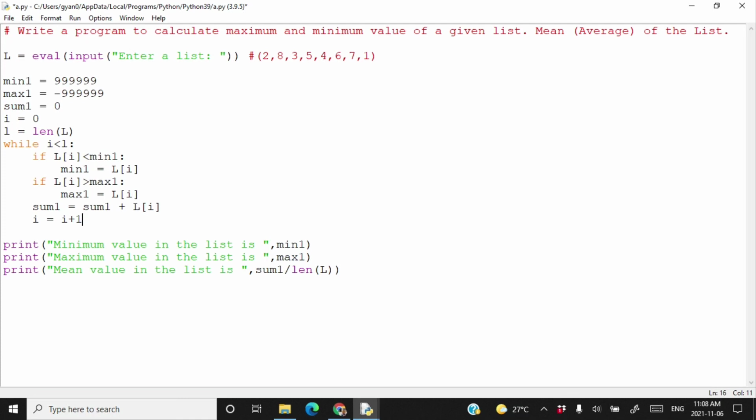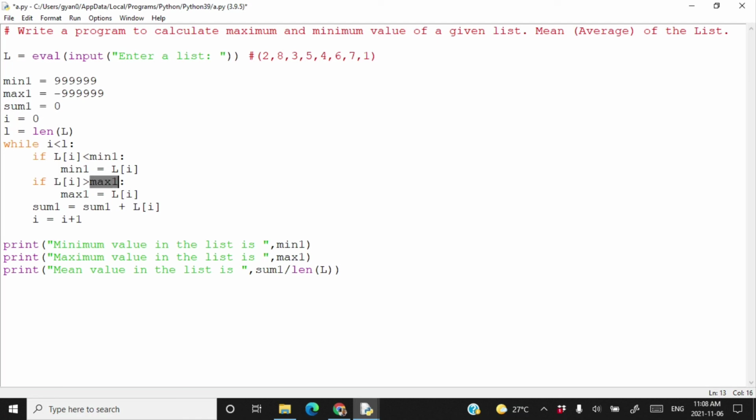Before the next iteration, value of i becomes 1. And you check here if 1 is less than 8 or not. Yes, 1 is less than 8. Here you check if l[1], that means the value 8, is less than the current value of min1 or not. The current value of min1 is 2. So effectively you are checking if 8 is less than 2 or not. No. So you are not going to update this min1. And in this case you are checking if 8 is greater than 2 or not.